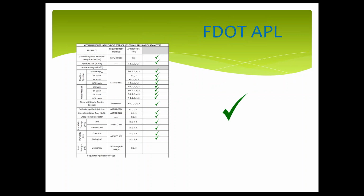So to close it up, this is just an example of just how much you can get out of participation with NTPEP. Over 90% of the testing required for inclusion into our APL in Florida are values that you can get out of the NTPEP group. And so it is definitely something that is of great benefit to both the state and